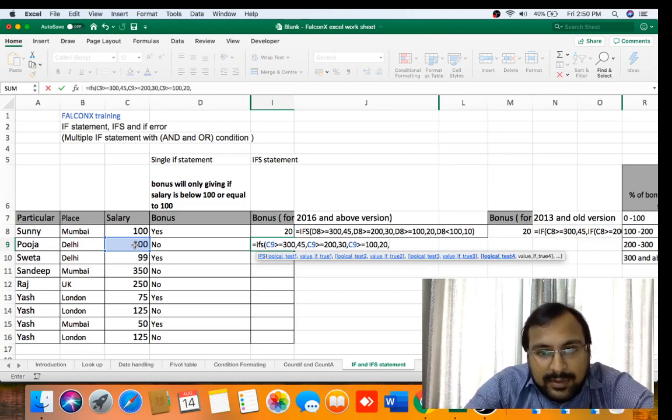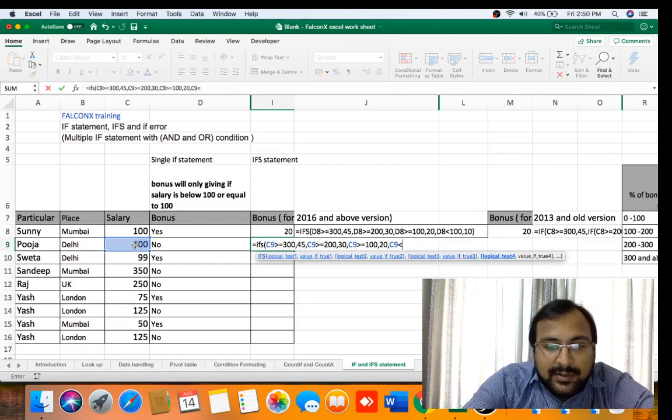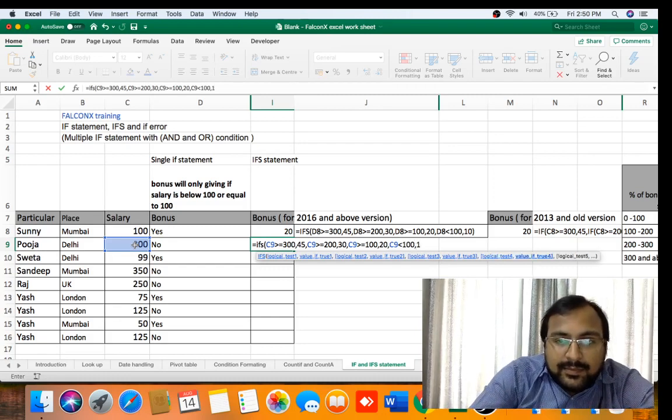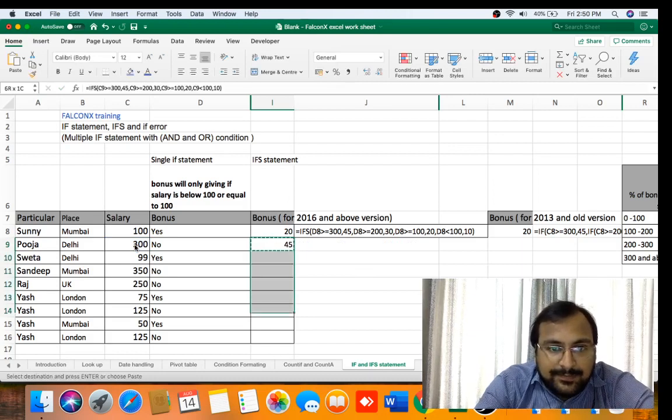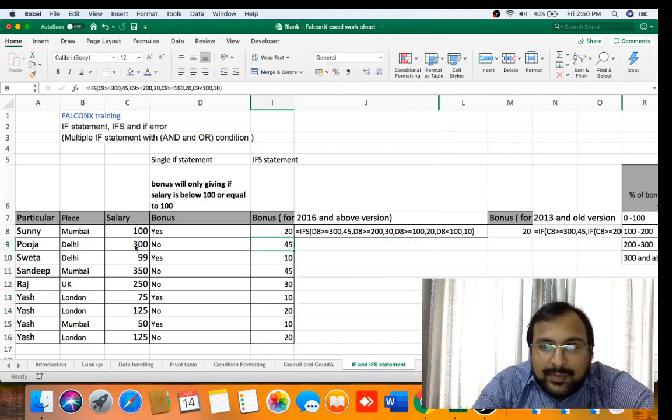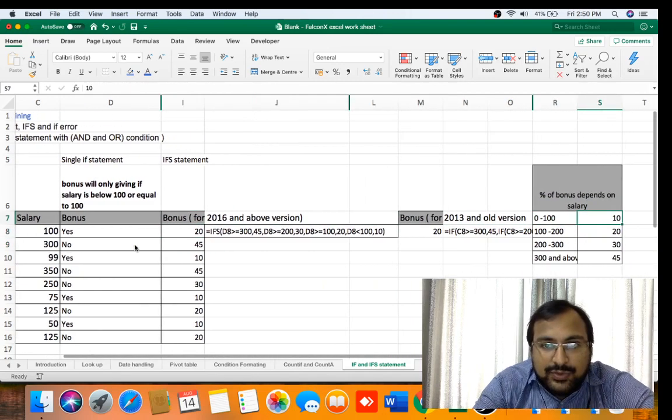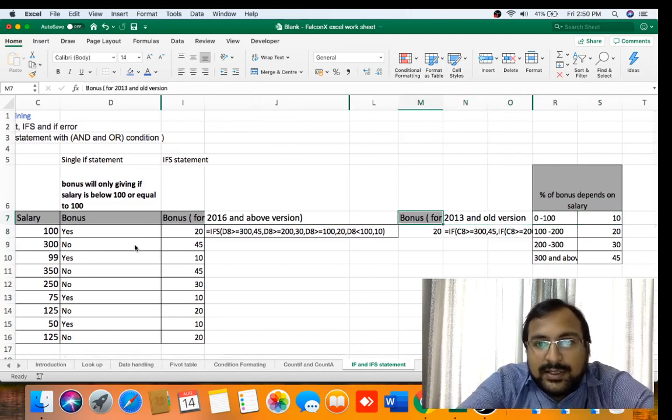Now last part: if it's lower than 100, here as you can see, I am putting C9 lower than 100, we should get 10. This is how we will get the bonus amount. This formula was for 2016 and above versions. Now let me show you the formula for 2013 and below versions of Excel.